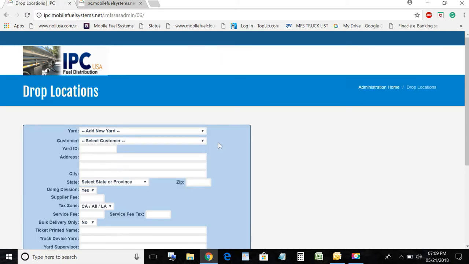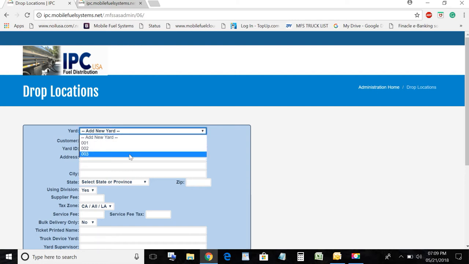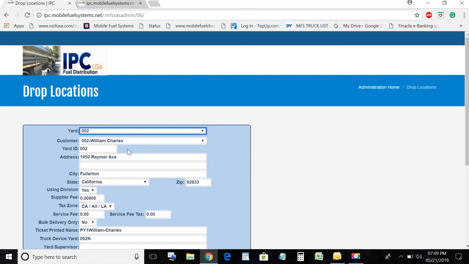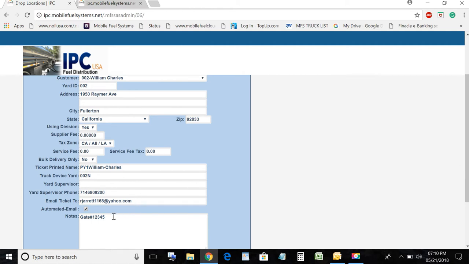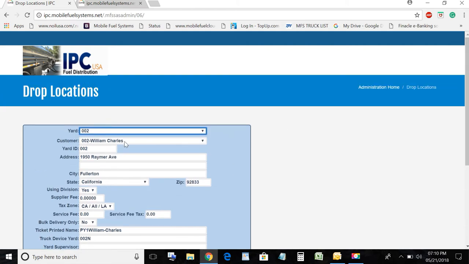Every yard that is in your system, there is a spot where you can go in and select and have a permanent code in the system for that customer. So let's take, for example, a gate code. And how I did that again is going into administration,